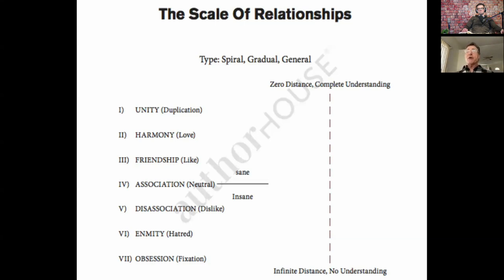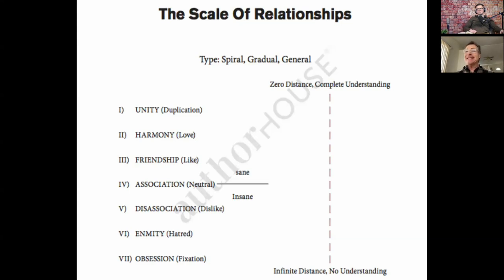This is a gradual scale, meaning there's an infinitude of gradations between each of the levels. And it's a general scale, meaning once you find the level of a relationship on this scale, you're done. Now you can try to move it up one level, but as far as the analysis, you're done. It's not context driven, as are many of the scales. So what are we measuring with this scale? That is the most insightful aspect of this. We're measuring distance and understanding.